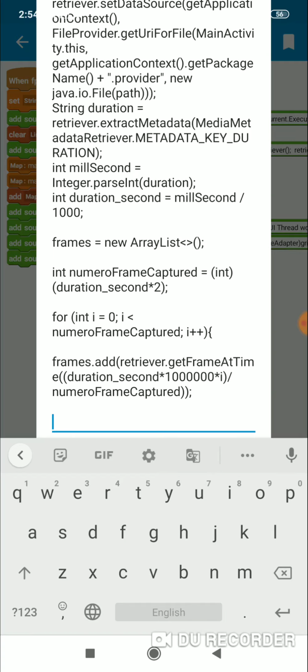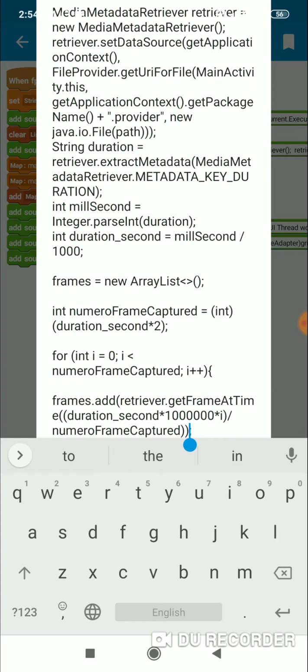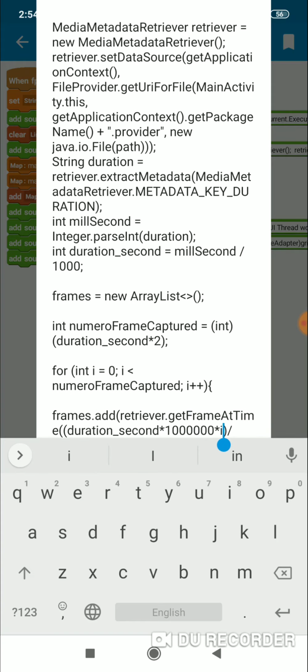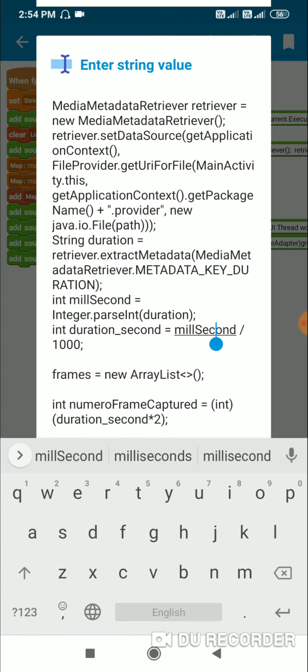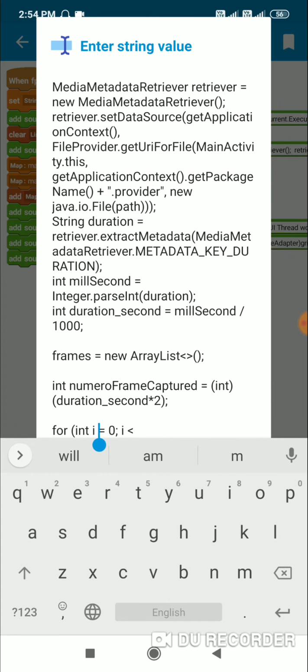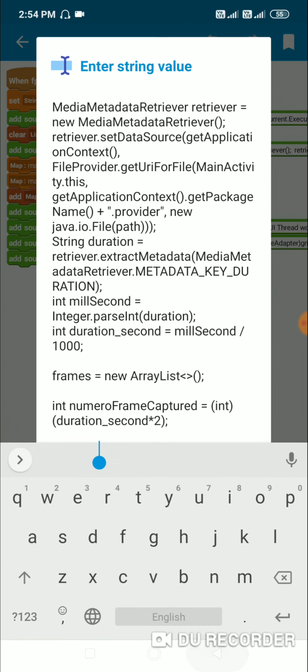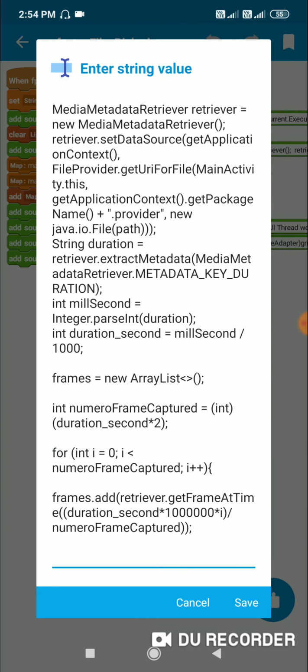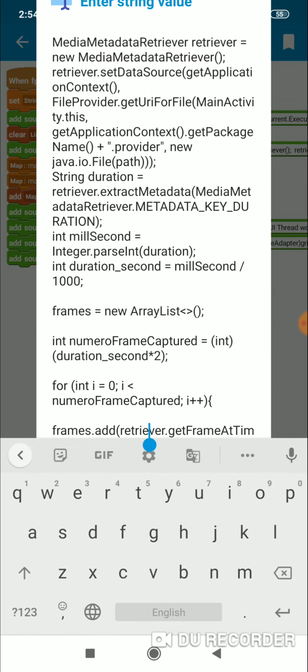So this will capture the frame at the specified microsecond. This is not in milliseconds. Here we got the duration in milliseconds, but this will capture the frame in microseconds. So we have to get the duration in seconds, divide it by the number of frames captured, and multiply it by this number i.